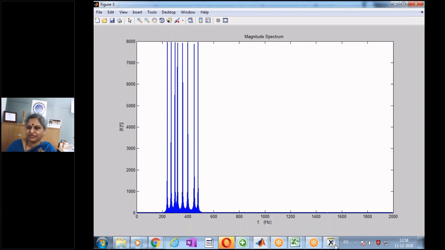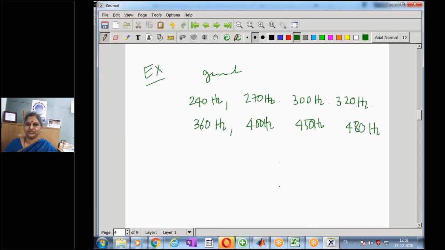This example is taken to show that musical instruments produce signals of certain frequencies, and if I know the frequency, I can generate it using code, because I know what my audio signal is. I'm not a musician, but this is just to show that we can synthesize music or synthesize notes, and we can hear them. And of course, we need a good system.